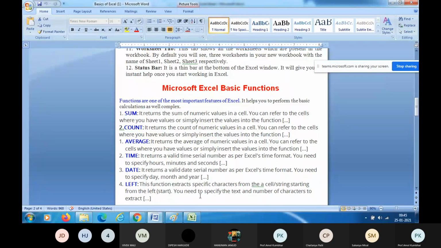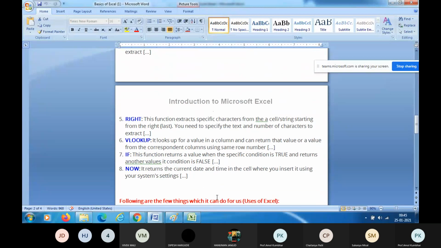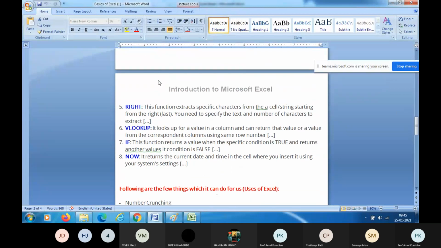Next, left function. This function extracts specific characters from the cell. Right function. This function extracts specific characters from the cell.